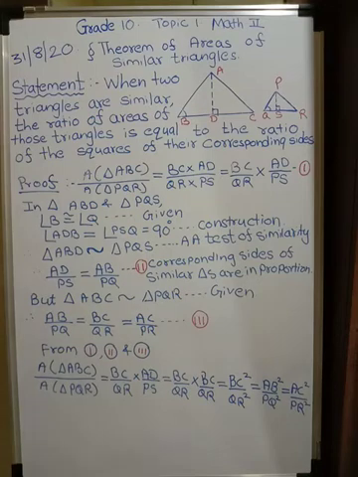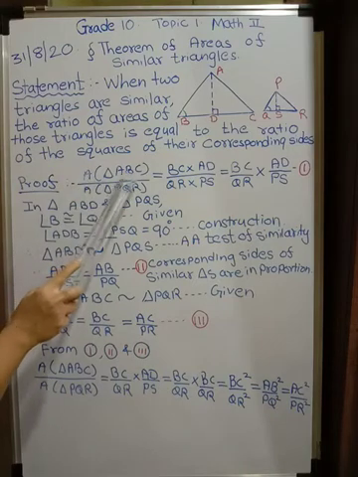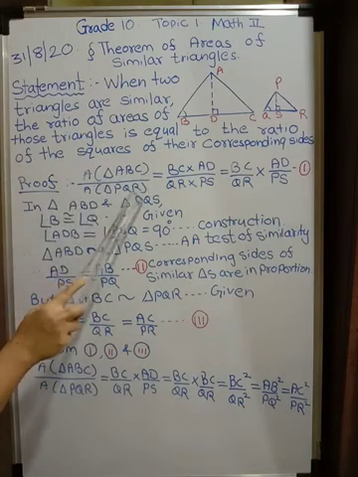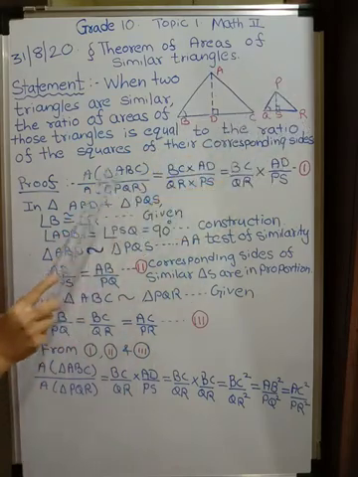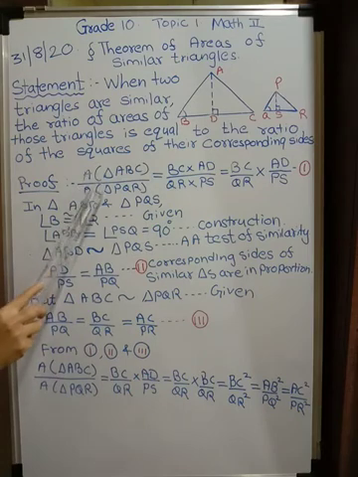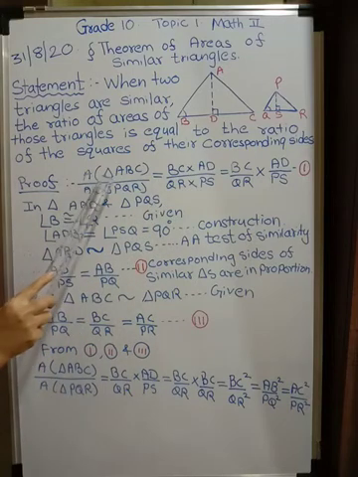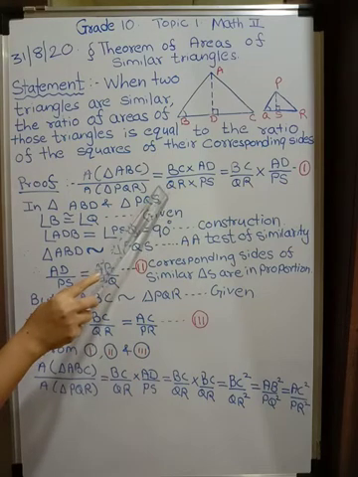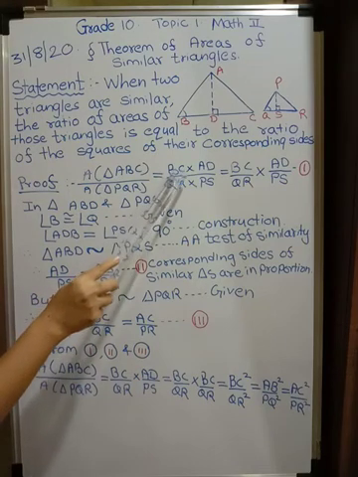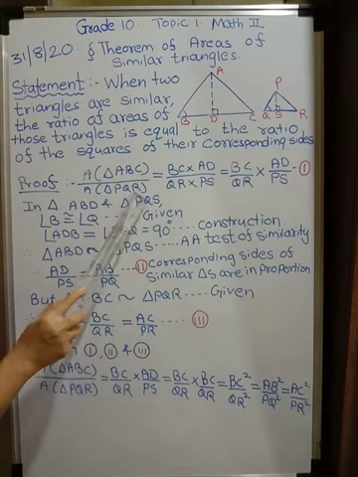So let's start the proof. See now, please listen very carefully. It's a matter of understanding. See now what I am writing. Area of triangle ABC upon area of triangle PQR. Now you know that ratio of areas of two triangles is equal to the product of their base and height. Basically area of triangle is always half into base into height. This half and half of triangle PQR both will get cancelled. So this is base into height of triangle ABC upon base into height of triangle PQR.